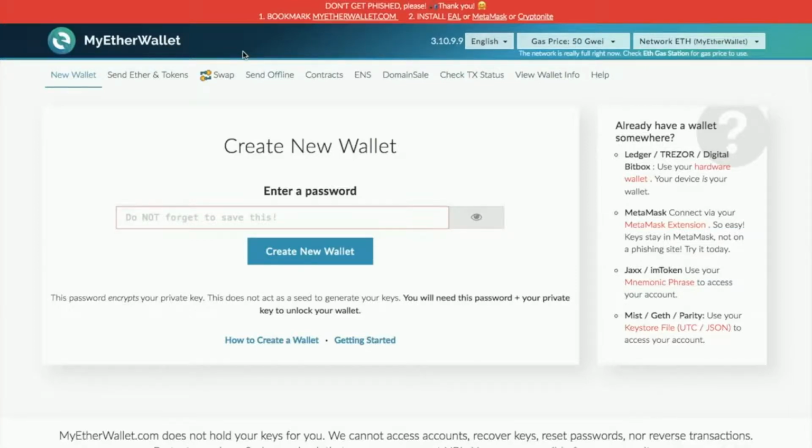So if you're currently storing your Ethereum on an exchange, then it can be a little bit risky. So moving across to MyEtherWallet would be a really good step. It's also good if you're doing ICOs, as it supports the ERC20 Ethereum tokens. So to get to the MyEtherWallet site, what you need to do is type in